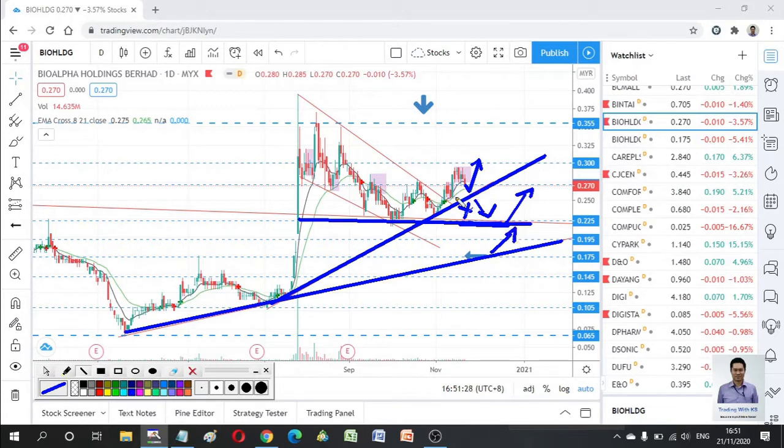But currently you look at here. If it breaks over here, you have to look at these two lines, 22 cents and 17 cents. You look to enter there, and this one is around 250, this area, 250 to 270. You check whether the price can bounce.